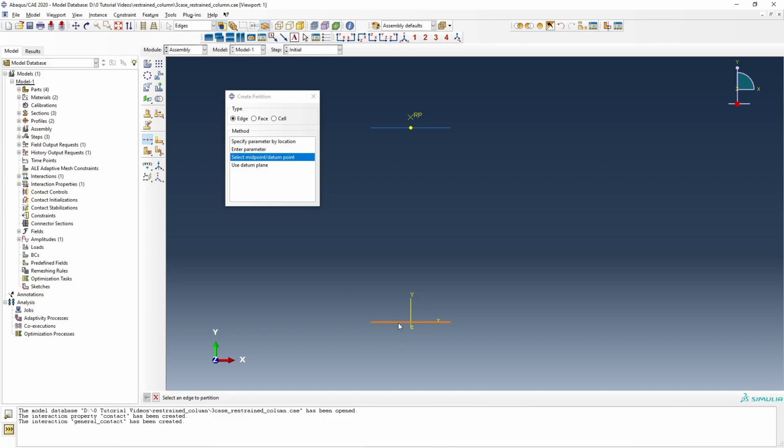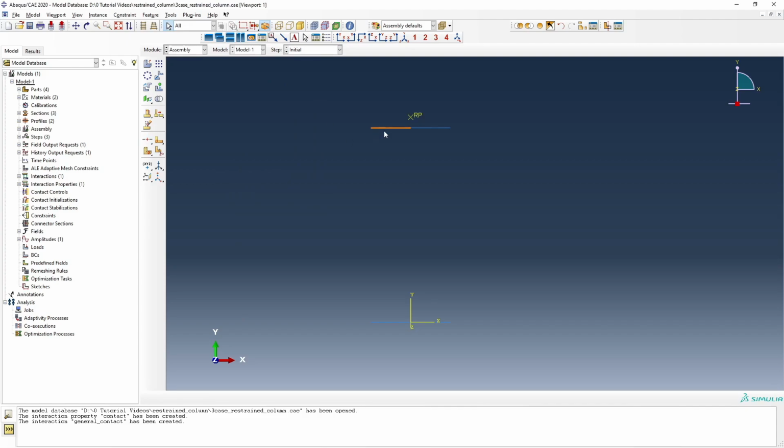So now we select the edge for the partition, and then we select the middle point, and then we create the partition. So we have now created the partition of the edge, and it has now these two parts in the lower and upper plate. So now let's replace all. So now we are back, it will show all of this, and then we can go to the interaction model again,